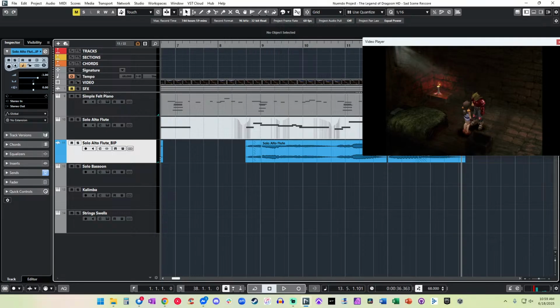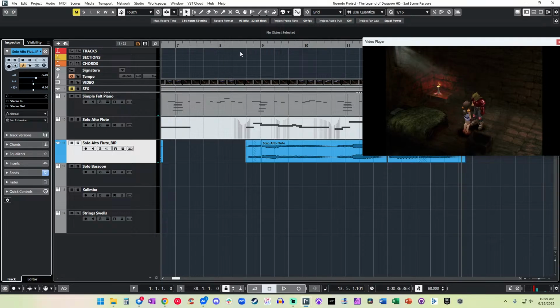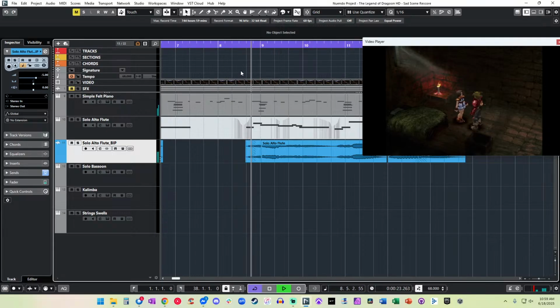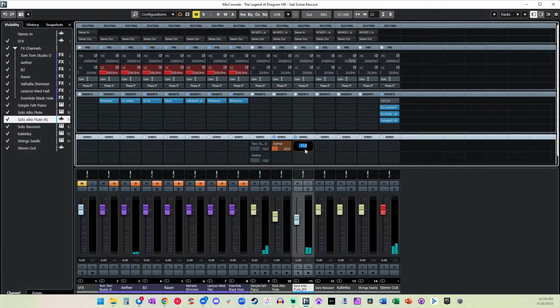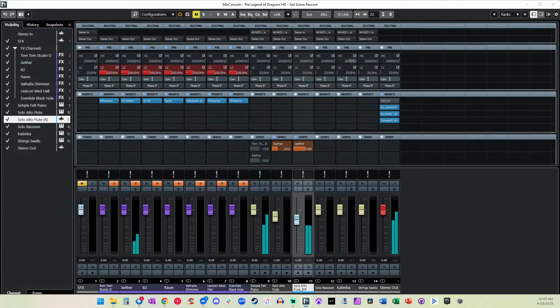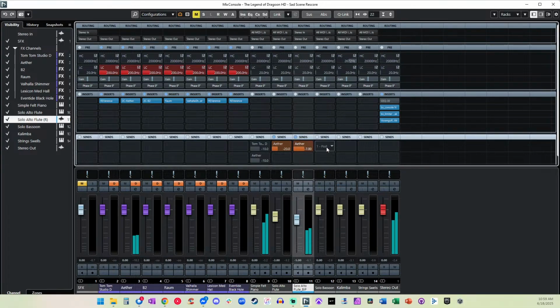Also, this is just too loud in general, so I'm going to make this -5. Also needs a little bit more love in the reverb department. Let's do -5 this time. Make it really sore. Split the difference, -7.